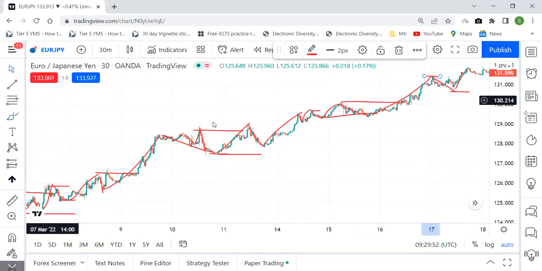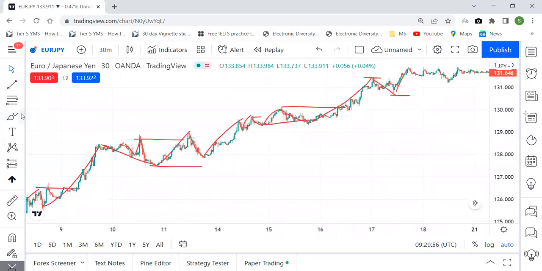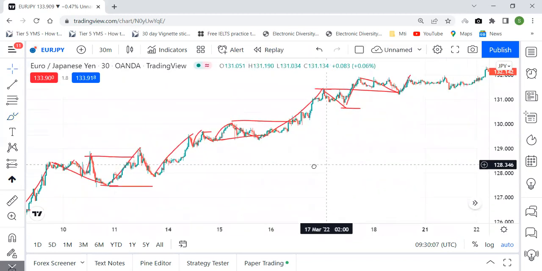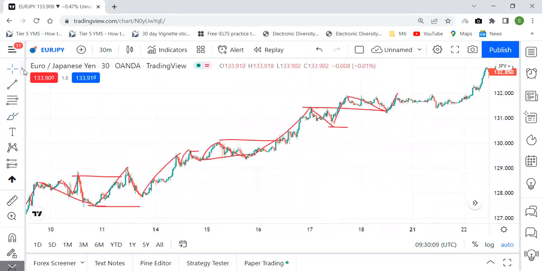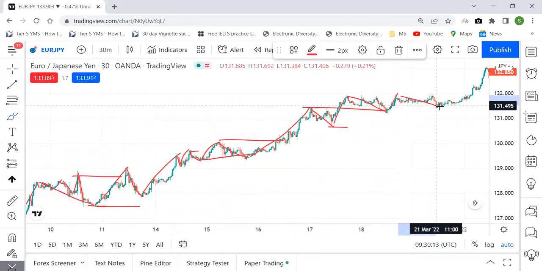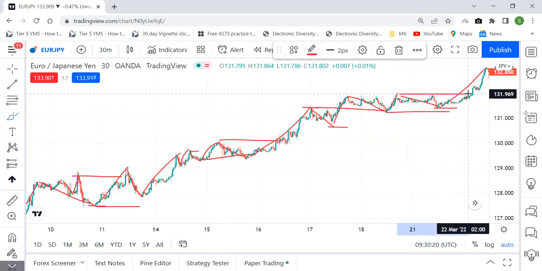So guys, I hope this video started to make sense. So as you can see, now we get this pullback again right into our resistance zone to the downside here, and then here right into our resistance. As you can see here, the market moves to the upside. So now let's see if we have the break above again to the upside. Yes, boom, we have this heavy move to the upside, a really heavy move. We get this pullback back into our resistance zone, as you can see here, and then we get this move to the upside. So here is our new support, here is our new resistance, unless this level gets broken before